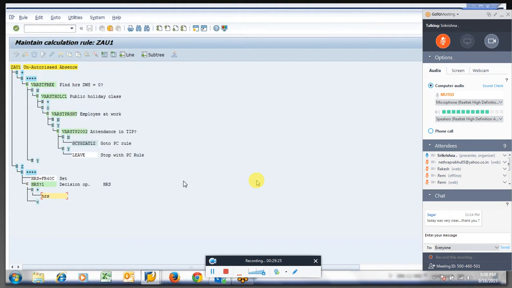then what we are going to do? We are going to set HRS equal to -1, because we want to reduce a day from his compensatory off quota. If you remember, the quota time type is ZComp, which is generating the comp off.